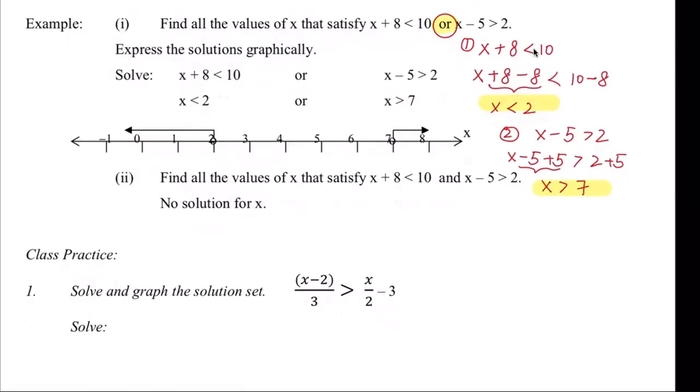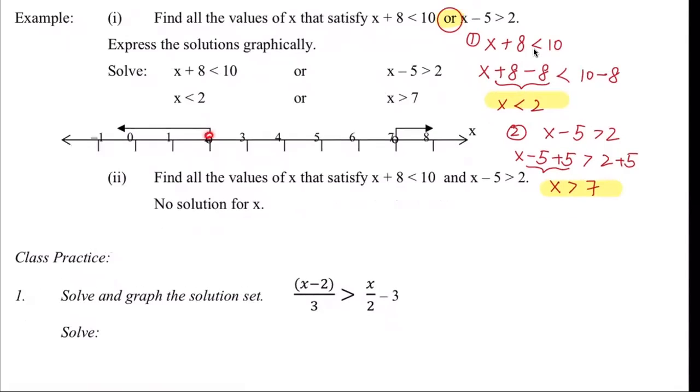And because there's no equal sign here, it's strictly smaller than, we use a small circle, right? So at the point 2, we draw a small circle, and because the inequality is x is smaller than 2,